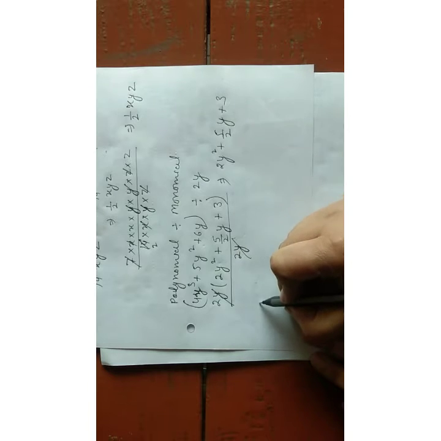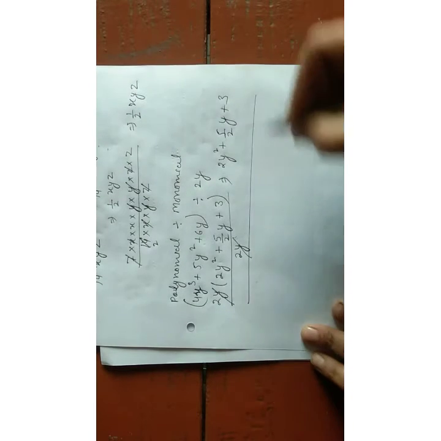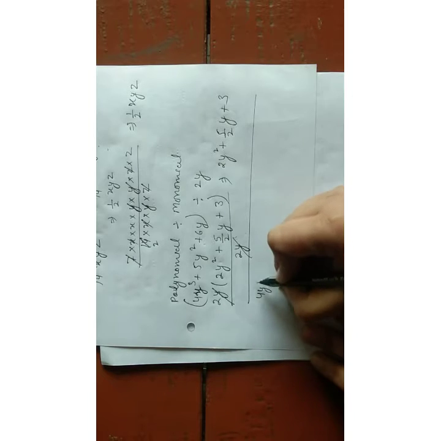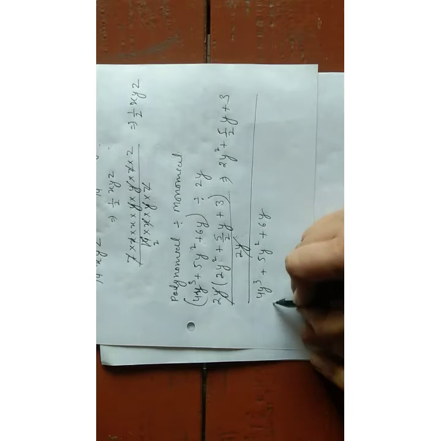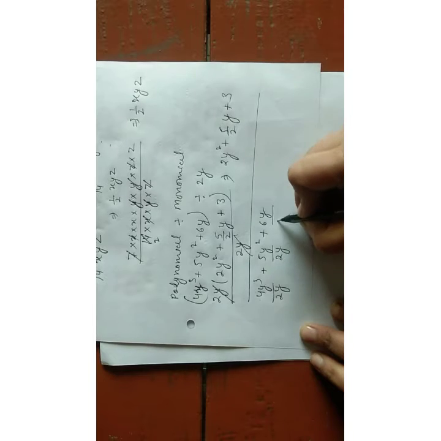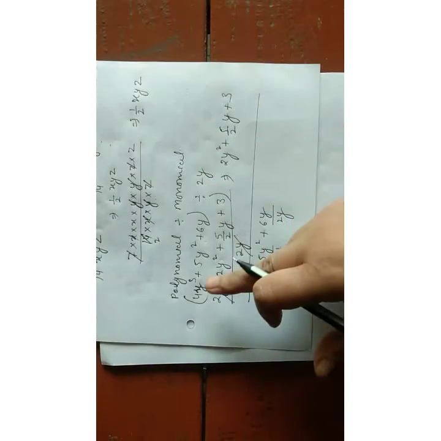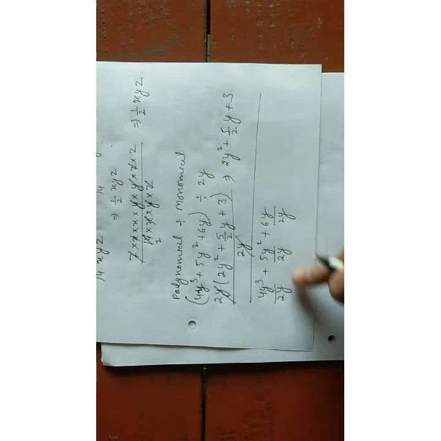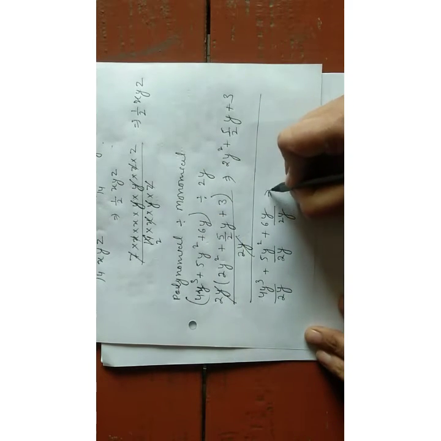How? For example, I have a similar question. So what we will do? We will put each term over the denominator. For example, I have 4y cube plus 5y square plus 6y. For each and every term, I will take this 2y as the denominator. This is only in the case of a monomial because it is one term, so we can take that one term as the denominator of each and every term.